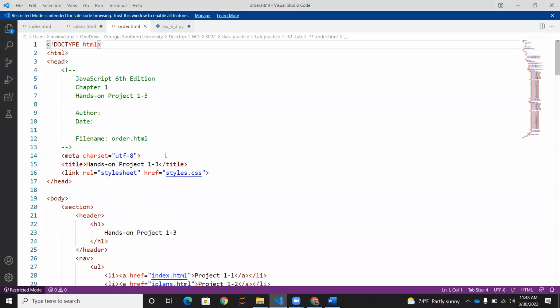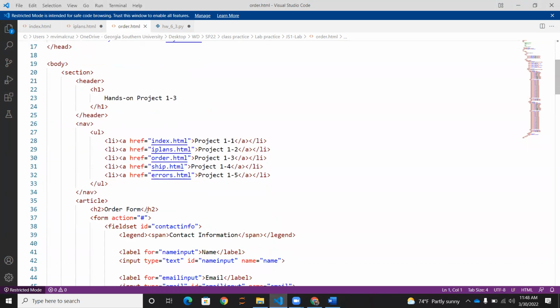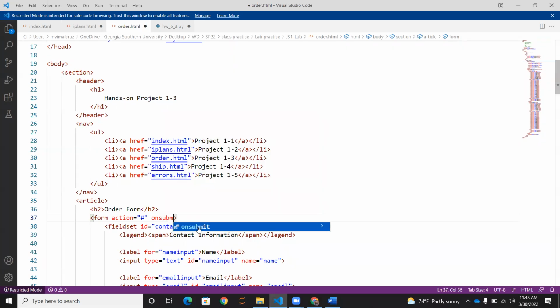So how are we going to do that? Go to the form, order form, and the action here. In the action attribute, we are going to add that event as an attribute. You know what an attribute is, right? So on submit is the event that we are adding as an attribute. What it is going to do is say the message, thanks for submitting your order. How can we display that? By using the alert method. Say alert,